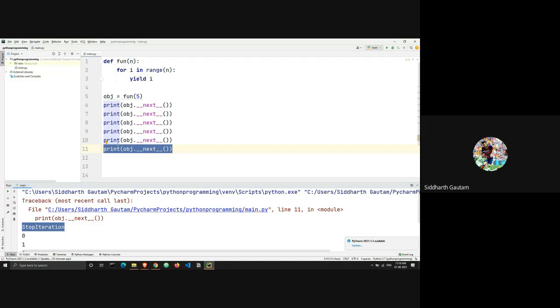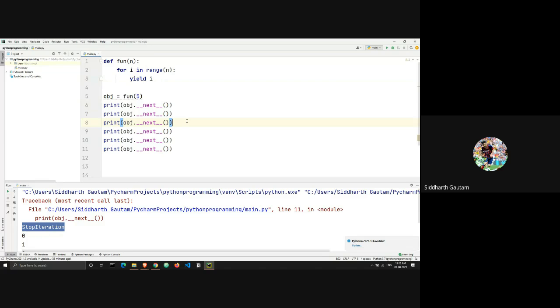Okay. So when I use this next method, I can control the loop using this __next__ and then brackets. So I have my yield of i, which means that the loop of i has been controlled, and then I can increment the value inside of that loop whenever I want using this next method.